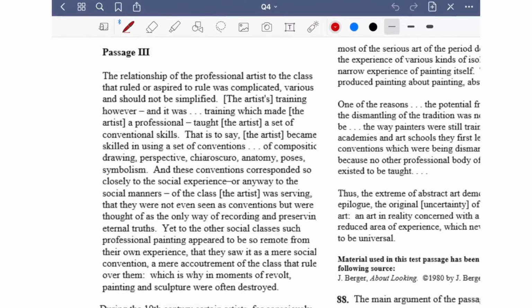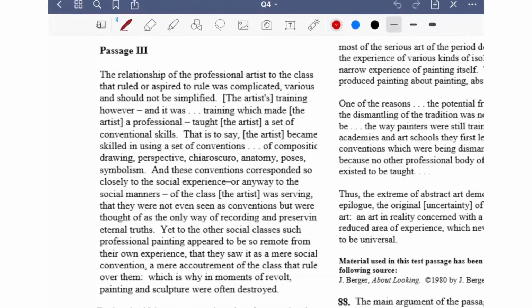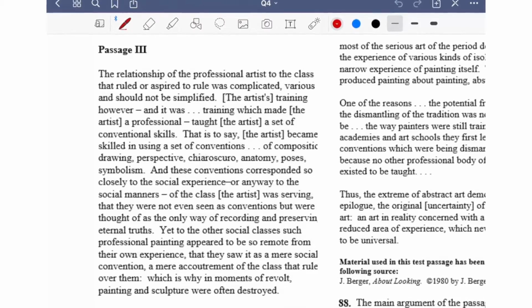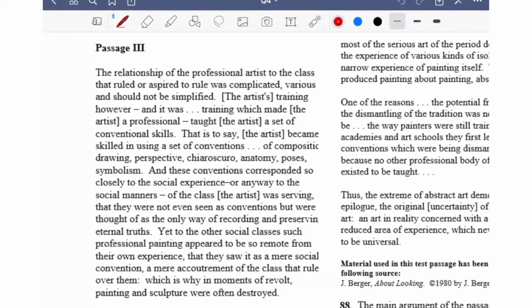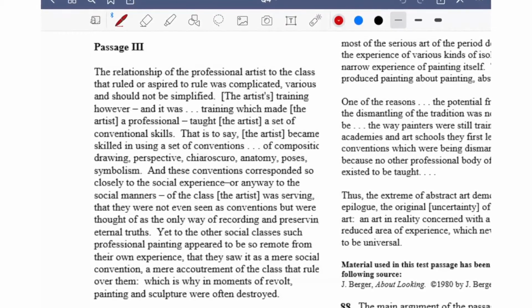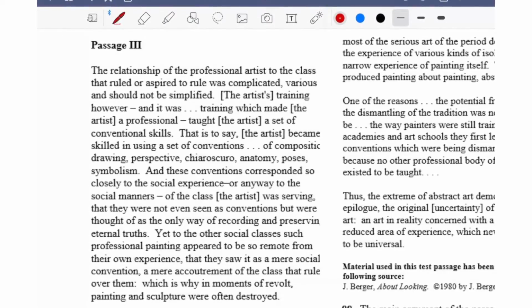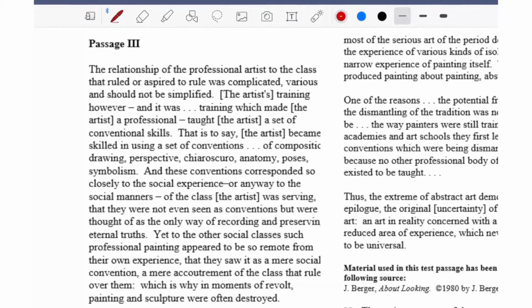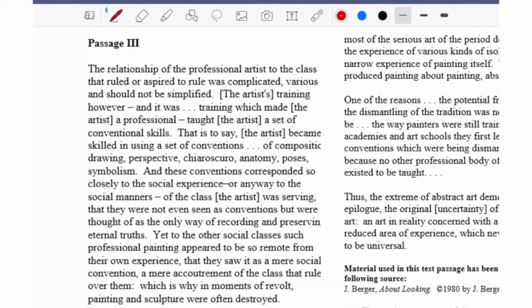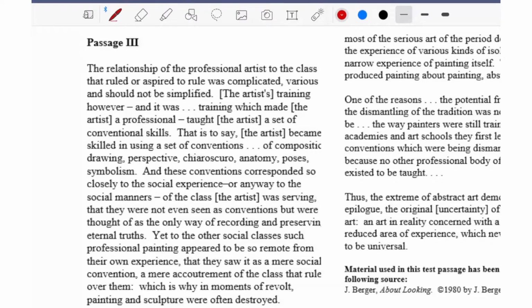Hopefully me going through these passages will show you a right approach, or the approach that I used, and if you apply these techniques that should help you increase your score as well. Of course, if you have any additional questions, leave them in the comments below. As I go through all these questions I won't assume that you know too much background knowledge. Of course, I'll assume you have done some studying for the MCAT, but all the information that you need for a question is present in the passage, and I'll try to show you where it is and how you can use that information to answer the questions. So without any further delay, let's get through the passages.